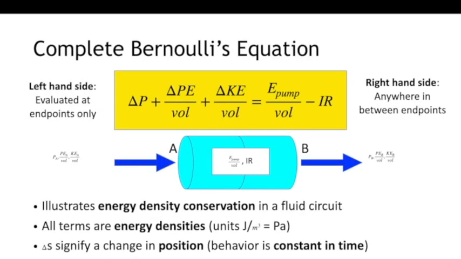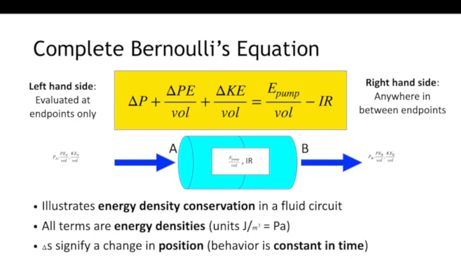Okay, so putting it all together, we have our complete Bernoulli's equation. On the left side, we have these values with deltas. We have to pick a final and an initial, and sometimes that's not so straightforward. That can be part of the challenge of the problem, finding the right final and initial. Usually, you just want to connect something that you know to something that you want to know. If you look through your problems, that's a general kind of structure. In fact, that's how we can solve an equation, by using the information that we're given to extrapolate